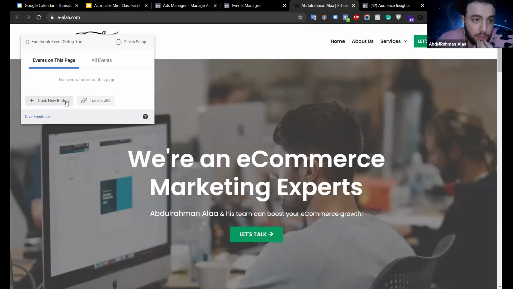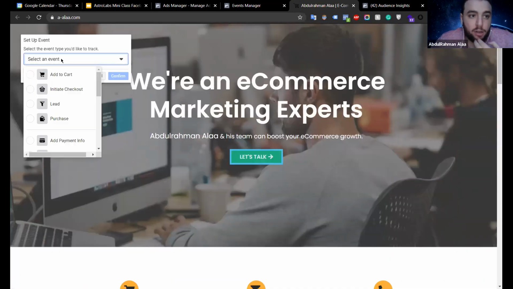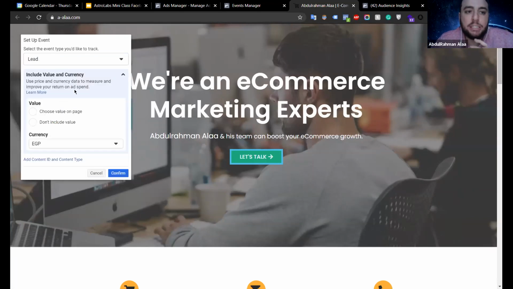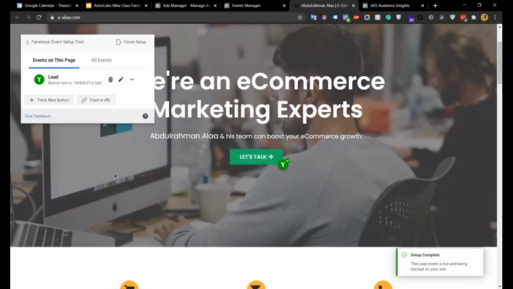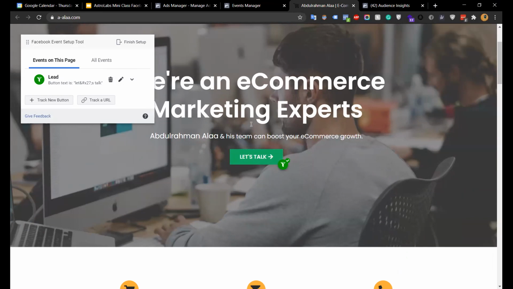So track new button, and you will track this button, and you will tell Facebook that if people click on this button, call this a lead. Is there a specific value for it? No, it doesn't have a value. Thank you, Facebook. So now Facebook can see that when anybody clicks this button, it's going to record in the pixel code as a lead.